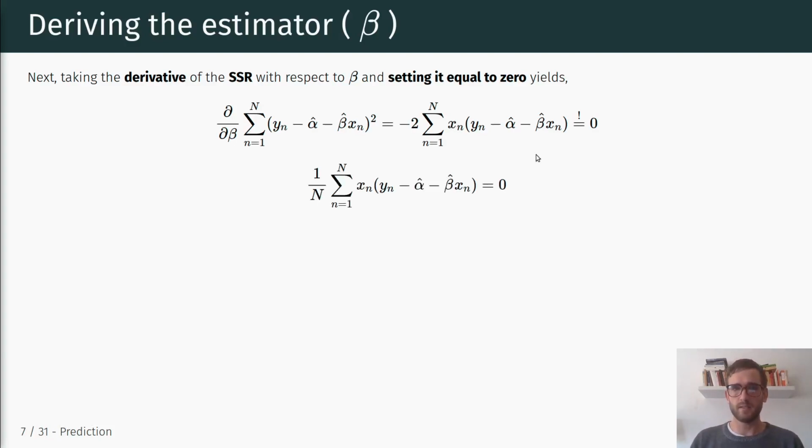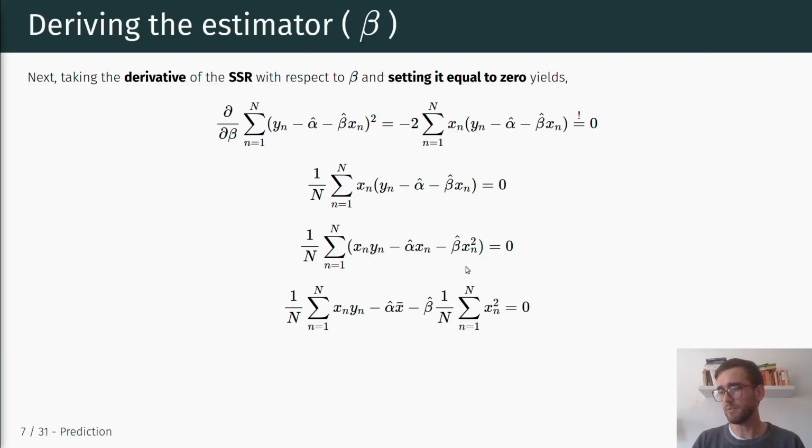Now after setting this equal to 0, we can go through the same step. We can divide by minus 2 and divide by n to get this specification. And then multiply out this xn times yn minus alpha hat and so on to end up in this part. Okay, and now we're going to do the same logic again. We're looking at each part of the sum or the subtraction here, and evaluate the sum from n equals 1 through capital N divided by n. Okay,